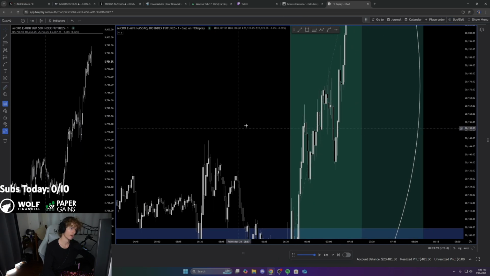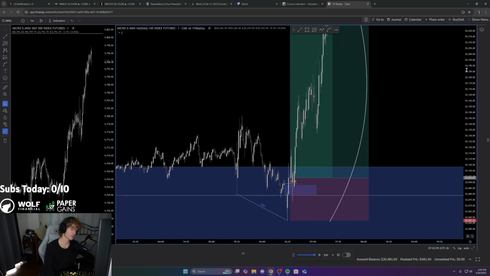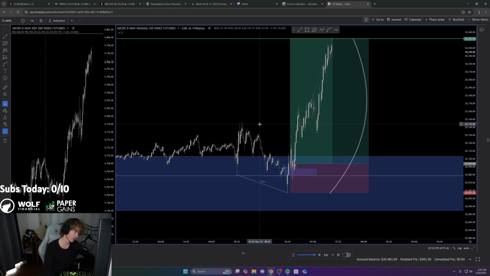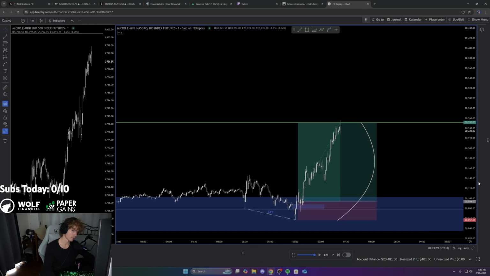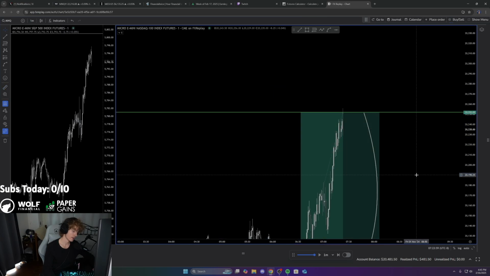So, and then what do you target? Okay, I target opposing liquidity. So to be safe, I took profits up here because internally, that is the opposing liquidity. But externally, what's the opposing liquidity? Well, it's not even equilibrium. This is just equilibrium. Now, there might be liquidity sitting up here, so we take profits.